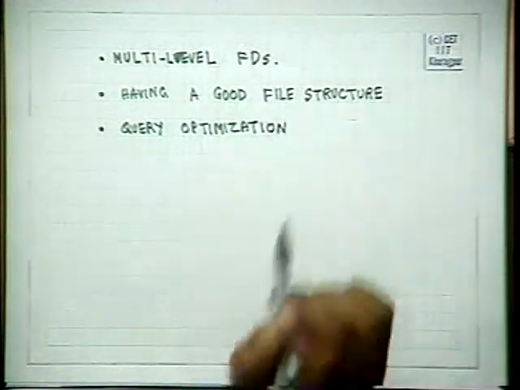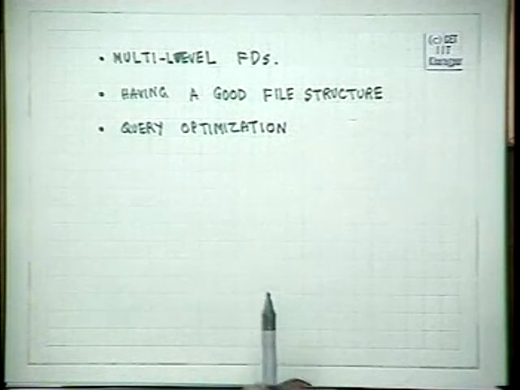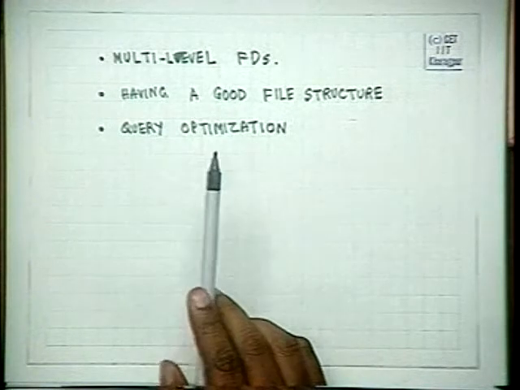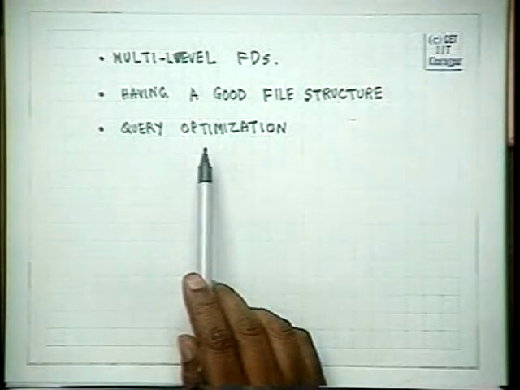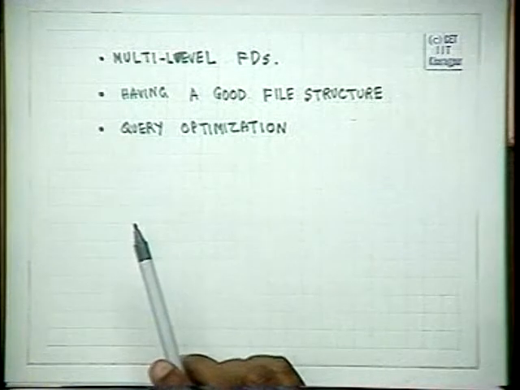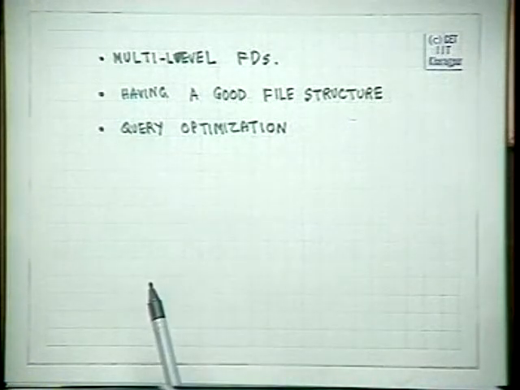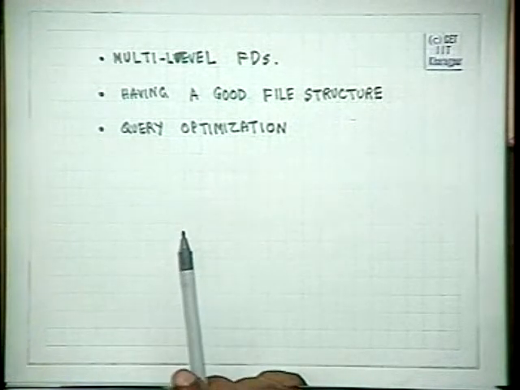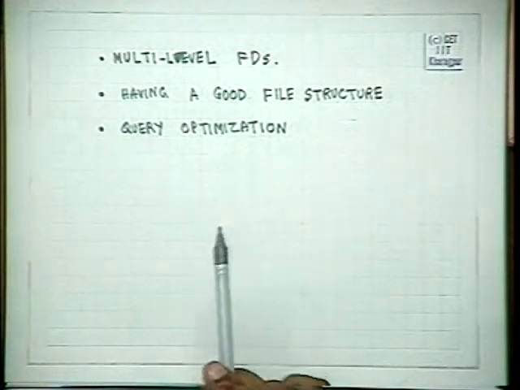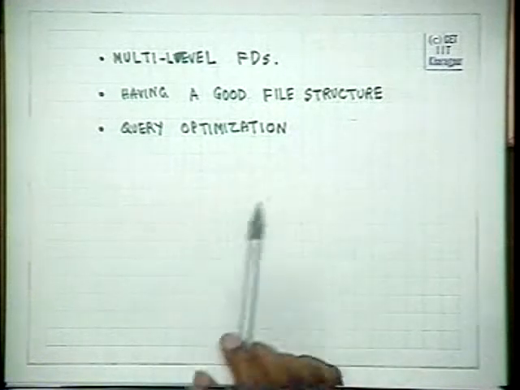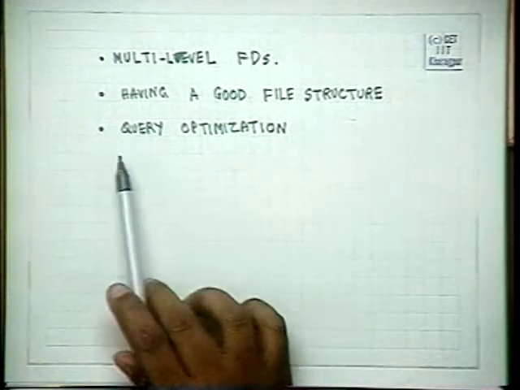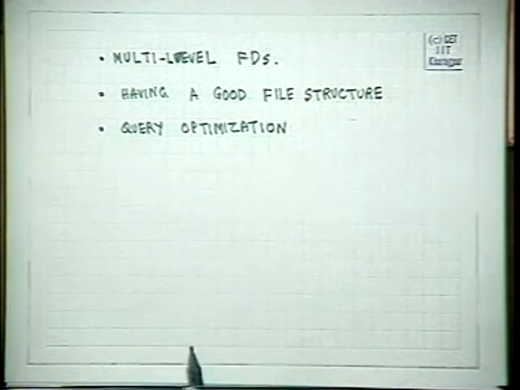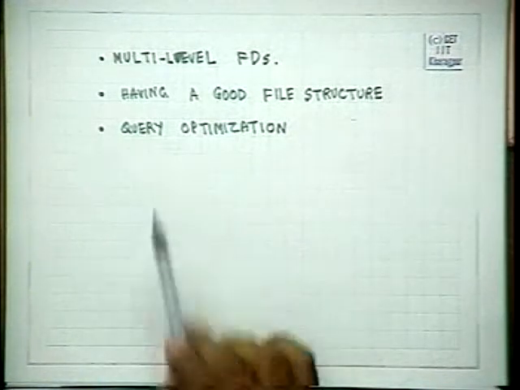Knowing what your decomposed relations are, what your relation schemes are, having to answer a query after decomposition, how will you answer a query quickly? How will you reduce the computation and effort in generating an answer to a query? That is, instead of doing a pure natural join, we have seen later on, if selection is done earlier, maybe it helps to reduce the size of the tables which do a natural join. So, that way query optimization is also an important aspect. How you optimize queries is also an important aspect of database design.